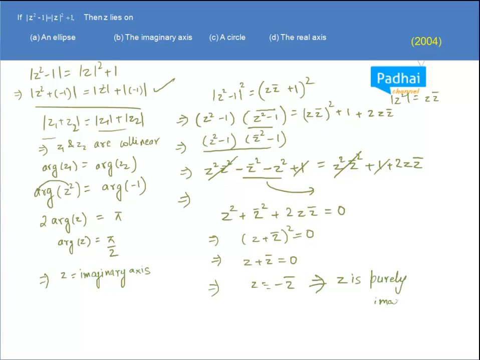Okay, so it has to be a purely imaginary number, otherwise it is not feasible. For example, let's take z = −i, then |z̄| will be i. Only then are these two going to be equal. If you have a real number in this regard, then they will not be equal. So this is the longer version, and this was the shorter version of it. You can do it by any method, but I'll prefer that you learn this method, because by this you will easily save 1 minute on the paper, and 1 minute in the paper counts a lot.